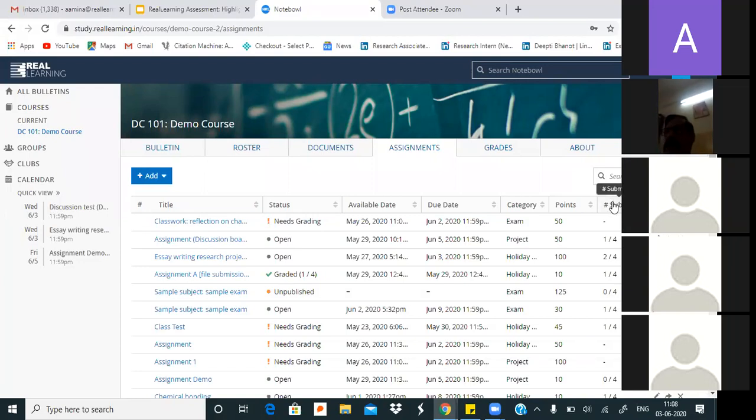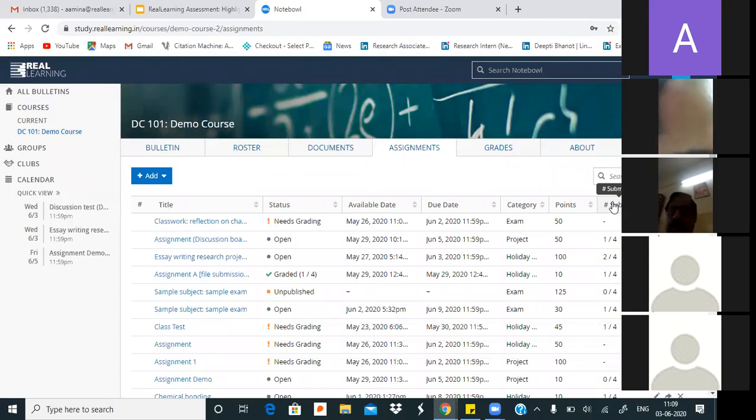This submission tab is very important here. It shows me that, okay, I have 4 students in my class. Yesterday I opened up an assignment. So through this, I can see how many students have started attempting, are in the middle of submitting their answers, who all have submitted and who are going to submit their assignments to me. So this is a very organized and useful dashboard for the teachers.